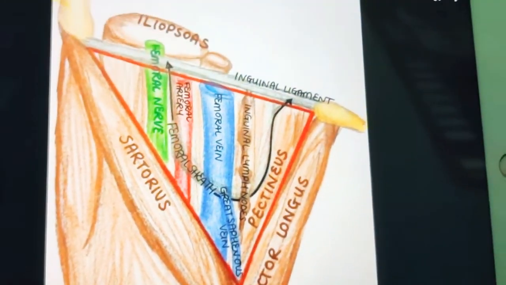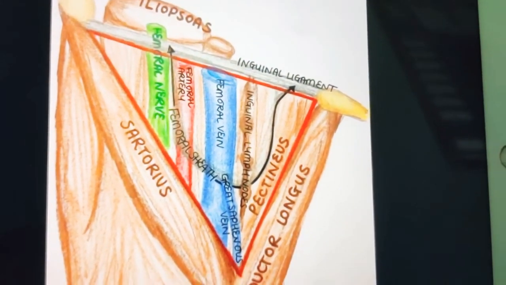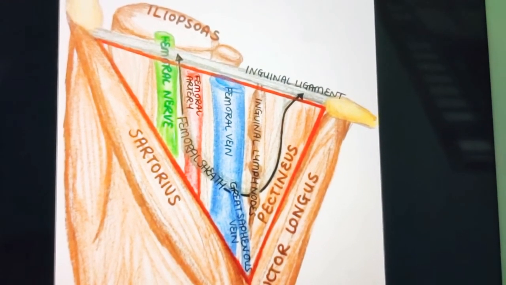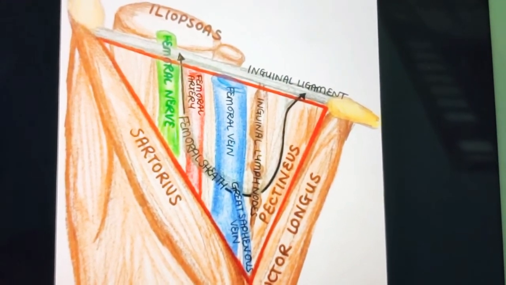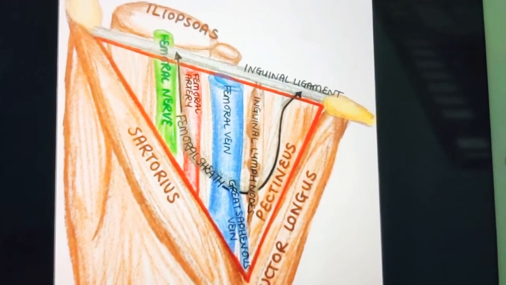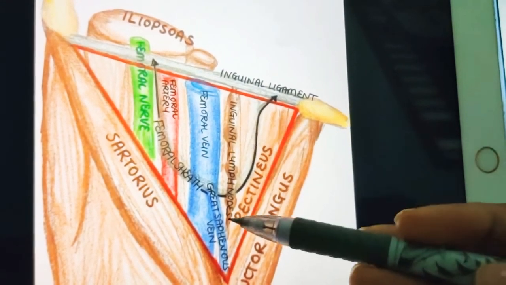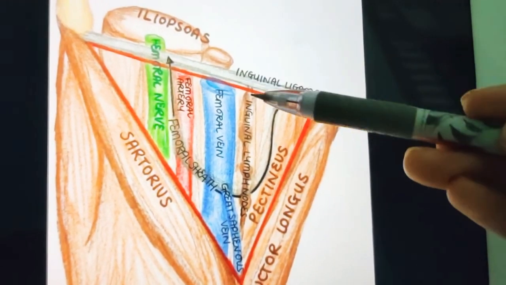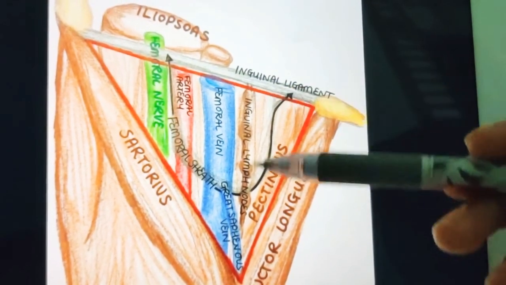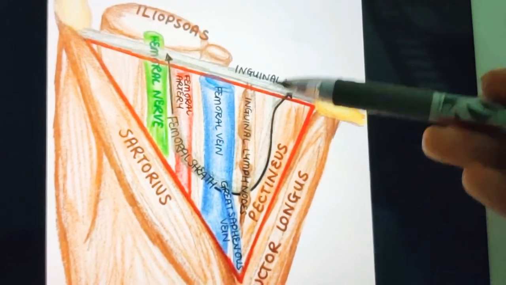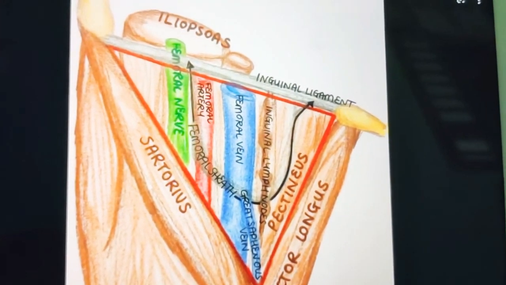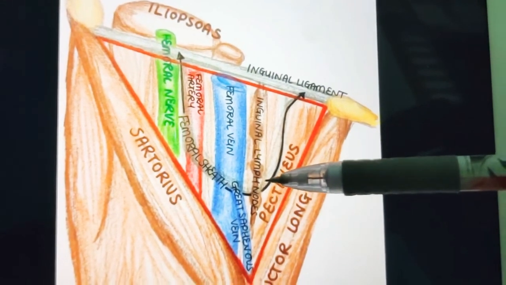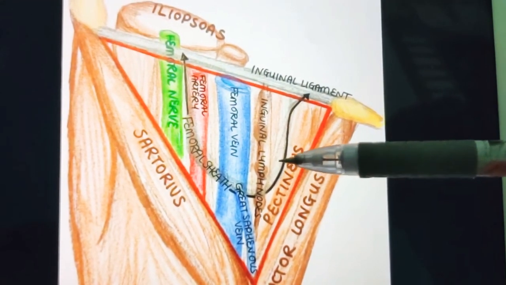So this is all about the femoral triangle and the femoral sheath. Remember, the femoral sheath leaves the femoral nerve behind. We have also discussed the femoral canal, which mainly contains only the inguinal lymph nodes. And finally we discussed the femoral ring, the ring present at the upper side or base of the femoral canal. And remember, these lymph nodes are also called Rosenmuller lymph nodes or lymph node of Cloquet.